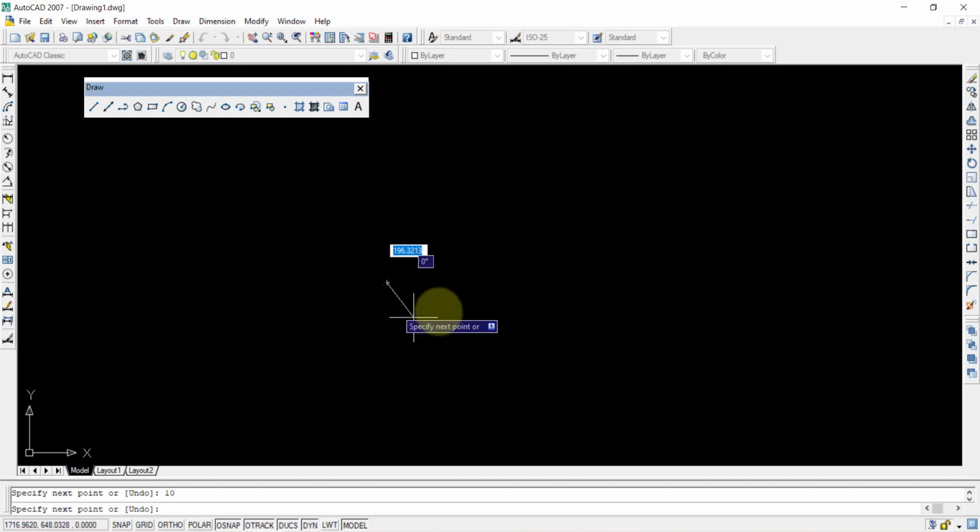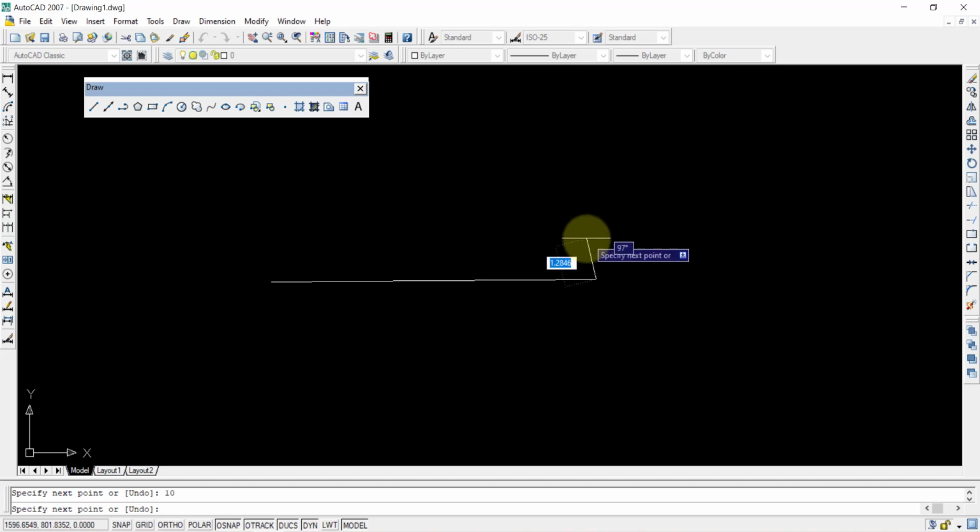By using the mouse wheel, if you keep your mouse here and just rotate your mouse wheel, it is increasing gradually. You can see the enlargement can be done like that. So this is how you draw a straight line. Once the line is finished, after drawing from one point to another, it is not exiting the command. It is still asking for the next point, so that by taking this as the base, it can draw a new line.